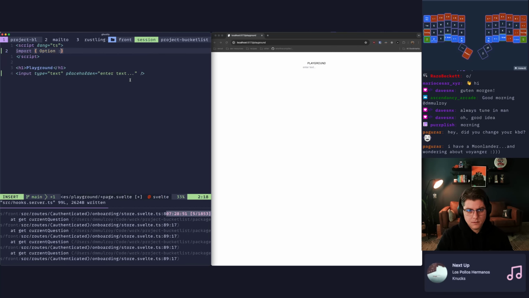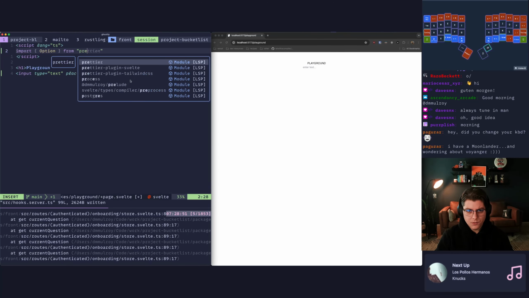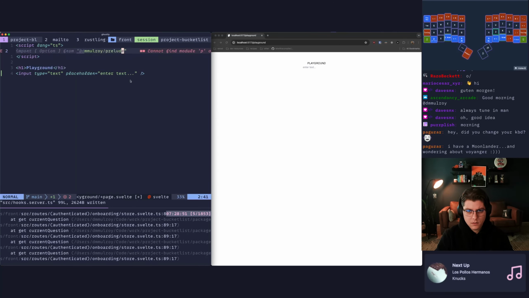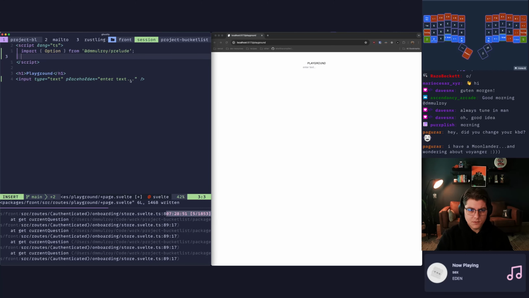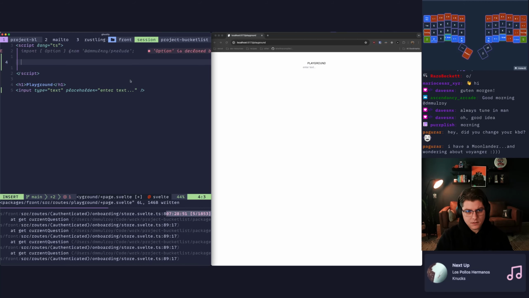Import option from prelude, and then I want to do a piece of state. I want to make a class. So let's say class CounterState or InputState.